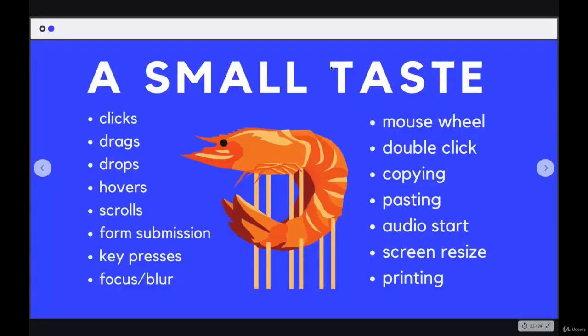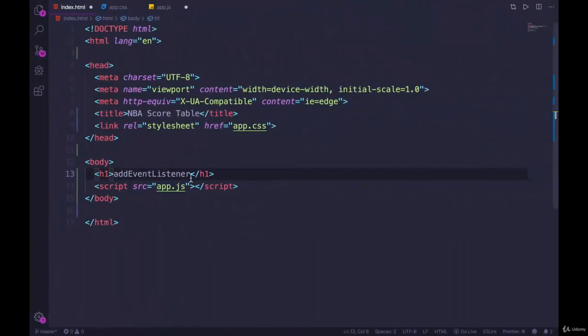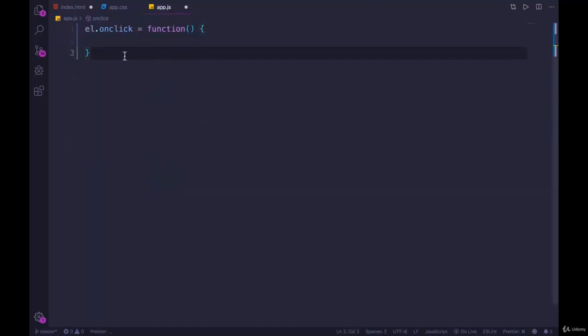All right, so in the last video, we saw that we could add an event listener by using an on click or on some attribute inline, which I said I'm not a fan of because I don't like writing JavaScript in a string in our HTML. And then we also saw that we could do it in our JavaScript by selecting an element, I'll call it el, I haven't actually selected it, and then setting the on click property or the on mouse over or on double click property, whatever the name of the property is, on something. And I also mentioned this is not great in my opinion either, but I didn't go into a ton of detail why. I'm going to show you quickly why it's not great, and then we'll see the alternative,